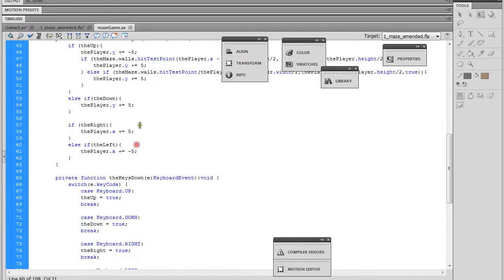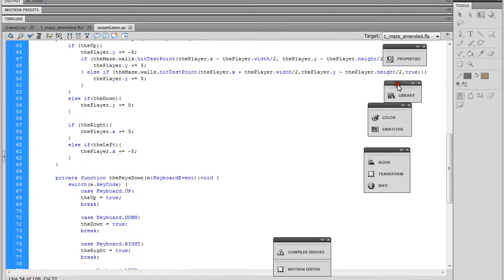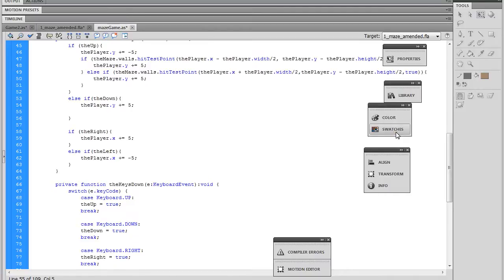Okay, so here, very repetitive. I don't know if I would quite copy and paste this. There's a lot of different bits that you have to change around, so you could end up making a lot of missing parts and having things go crazy. All right, so let's just do if the maze dot walls